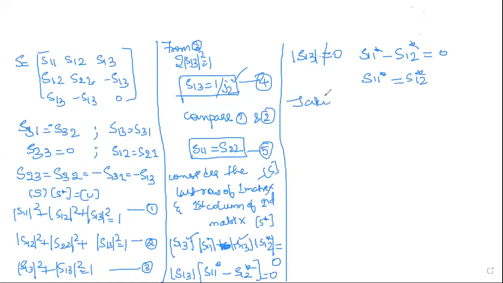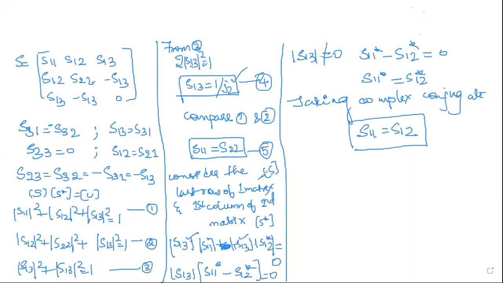Taking the complex conjugate out, or removing the complex conjugate, you will get the value of S11, which is equal to S12. This is one condition. From this equation, you are equating to 0. We know this already from the very basics. When you equate S13 to 0, you know already the value of S13 is 1 by root 2, so you cannot equate S13 to 0. So it is not equal to 0. The remaining value which you have, you can equate to 0. From that, we can take that S11 is also equal to S12.